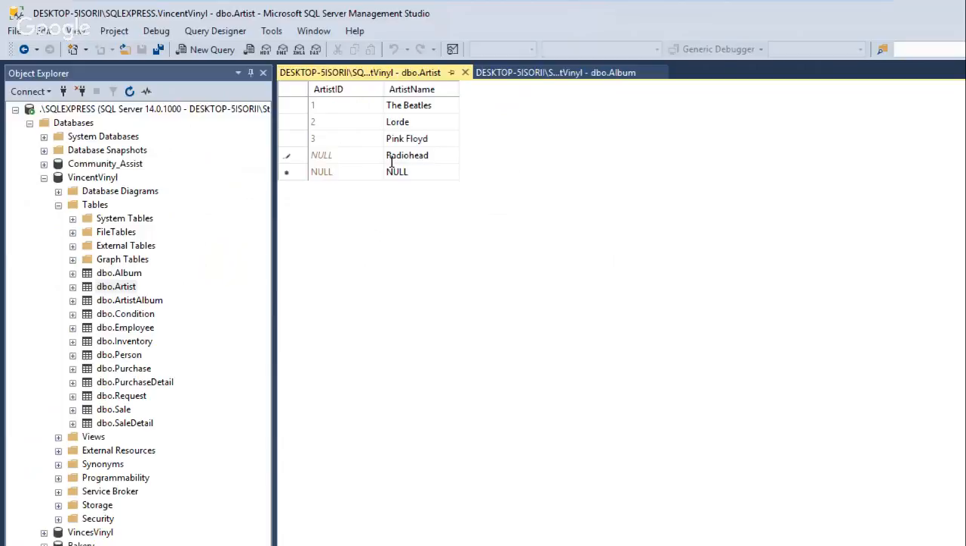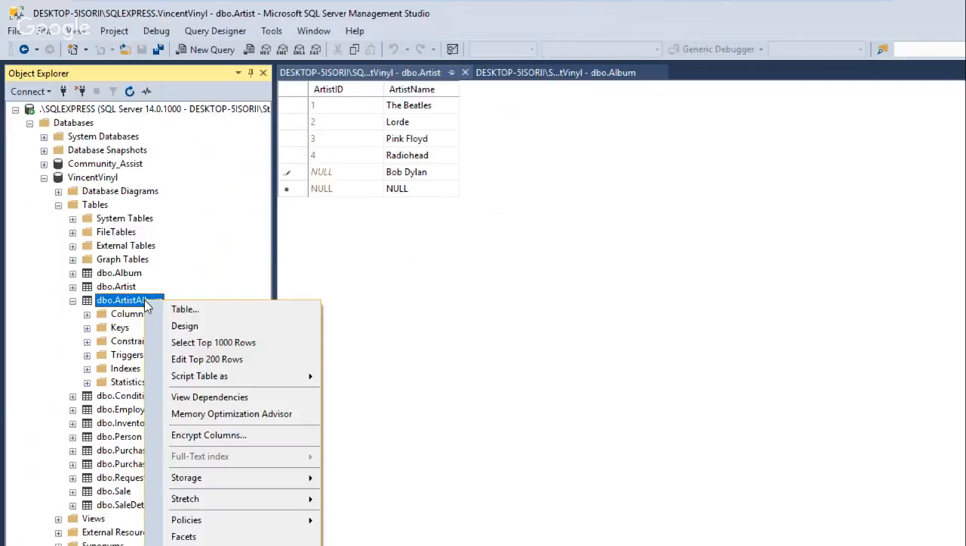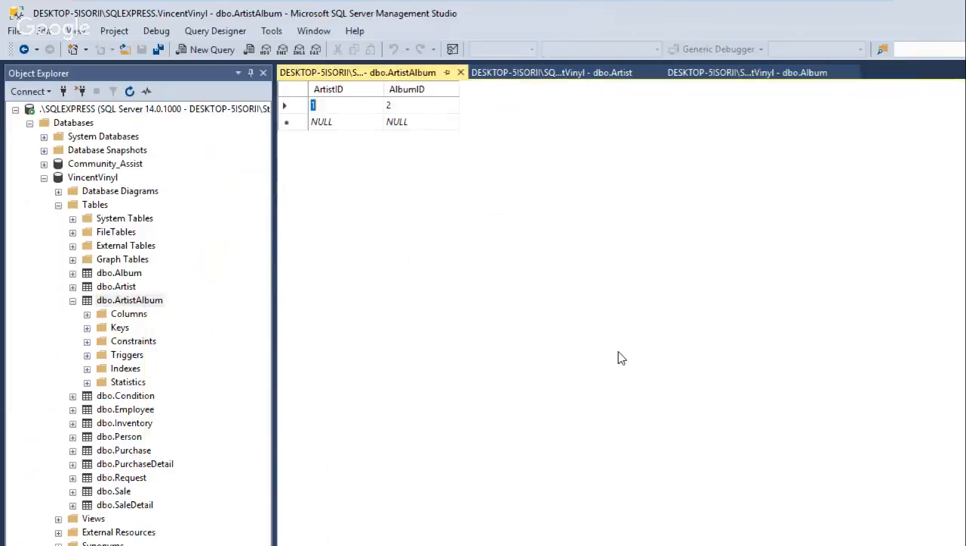And then we could do like Bob Dylan was on there too, I noticed. All right, so you can enter your albums there. To associate them, there's artist album. So let me just do edit top 200 rows. You have to just enter the numbers. It doesn't auto-populate anything. So I have to figure out, all right, so